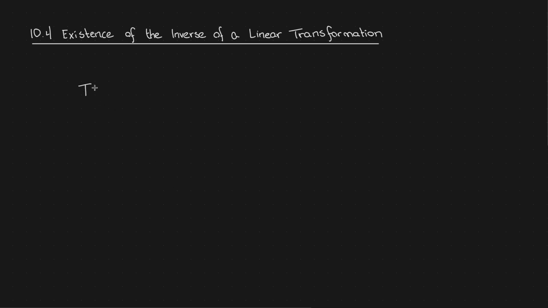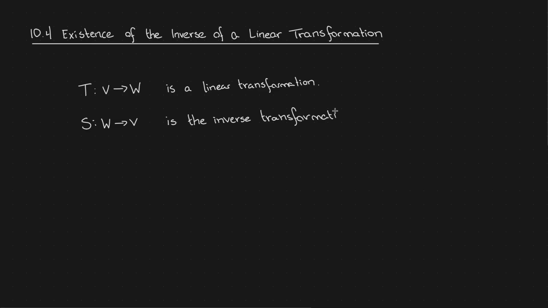So remember, if T is a linear transformation from a vector space V to a vector space W, then S from W to V, notice we swap these, right, is going to be the inverse of T if S composed T is equal to the identity transformation on vector V,